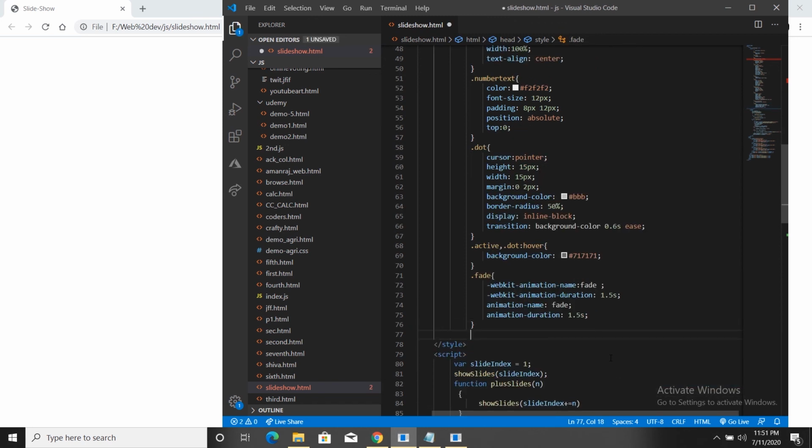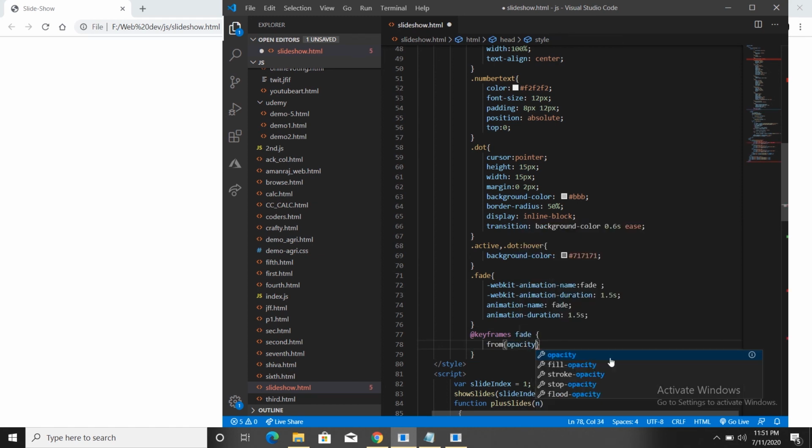Now define the keyframes for this. In the keyframes, the identifier will be fade. I'll change the opacity value. The opacity value will be from 0.4, and at 100% it should be 1.